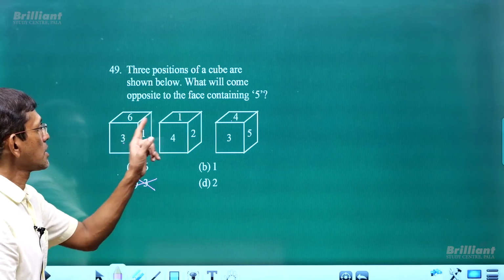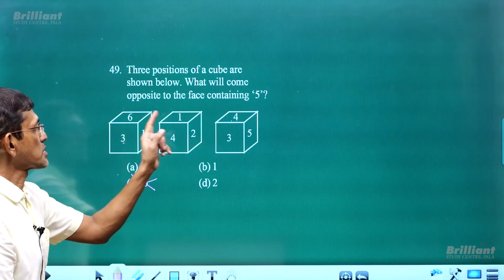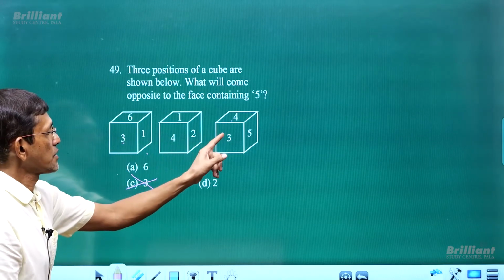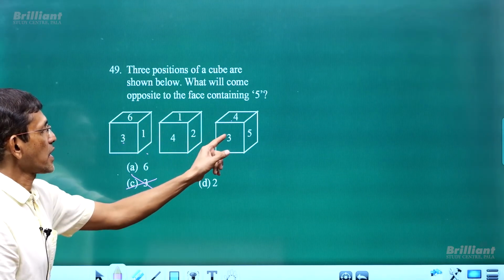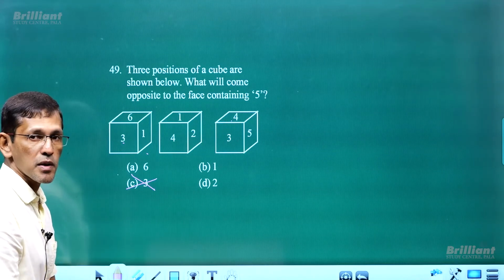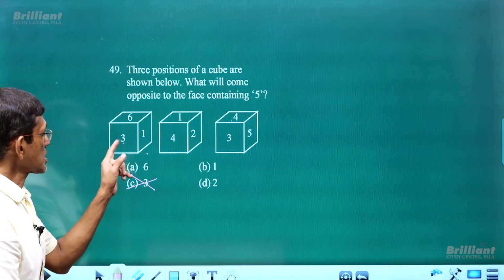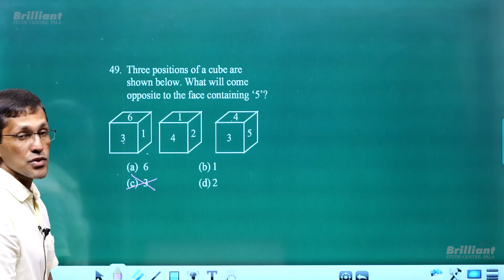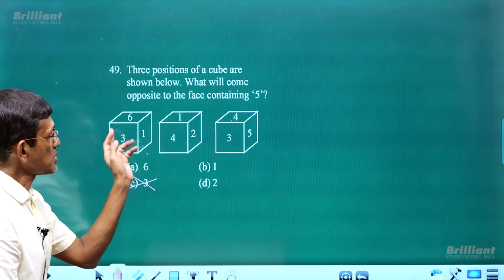2 is missing, right? 2 is missing. 6, 1, 3, 4, 5, 3. The number which is missing is 2. So if you apply rule number 1, that means exact same position. And according to rule number 1, the number which is missing from these 2 images,